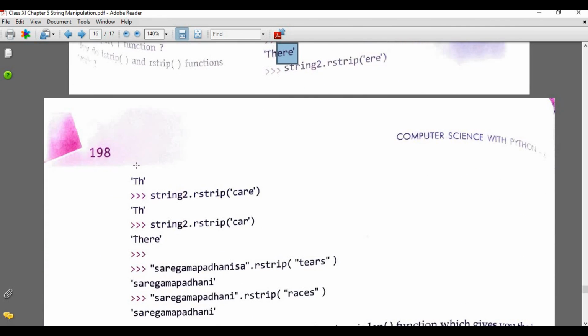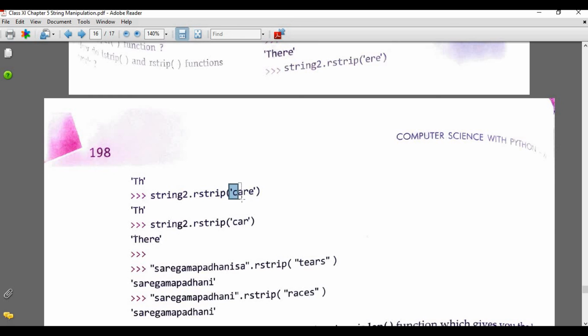TH is our answer, because from the right hand side it will remove RERE. Then string 2 dot R strip with this argument, so it will remove all these and simply display TH. Why? Because C is not present in the main string. If C is not present, nothing will happen.